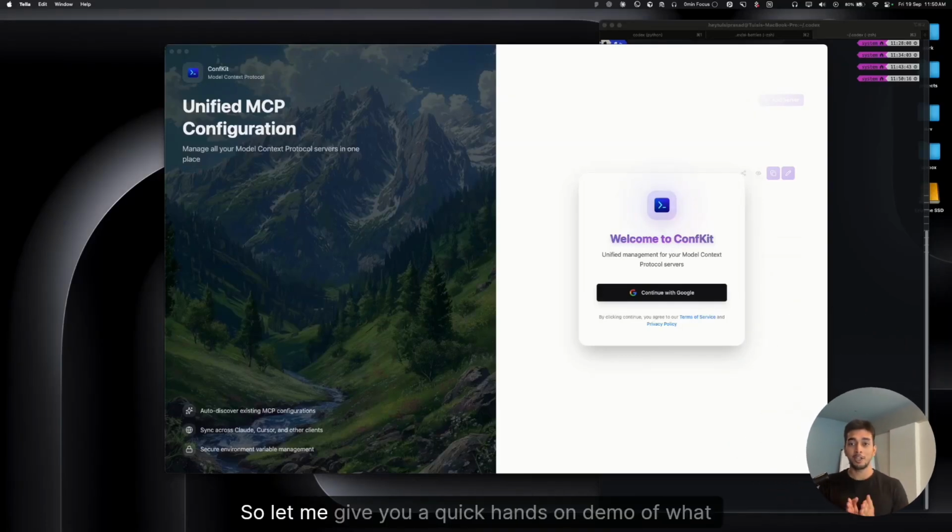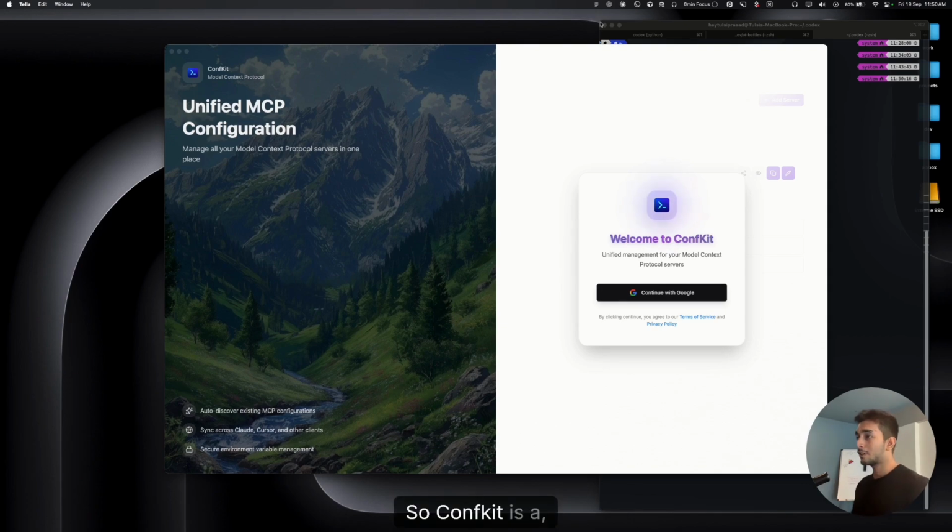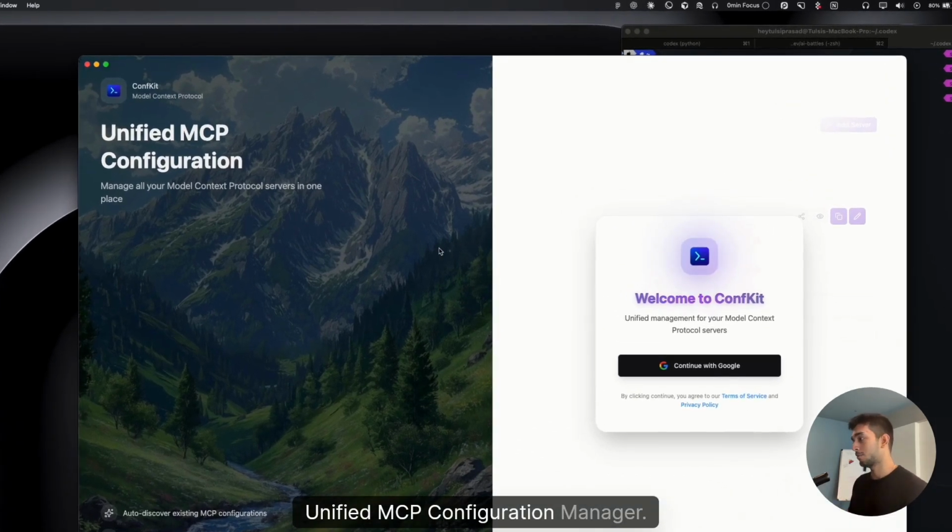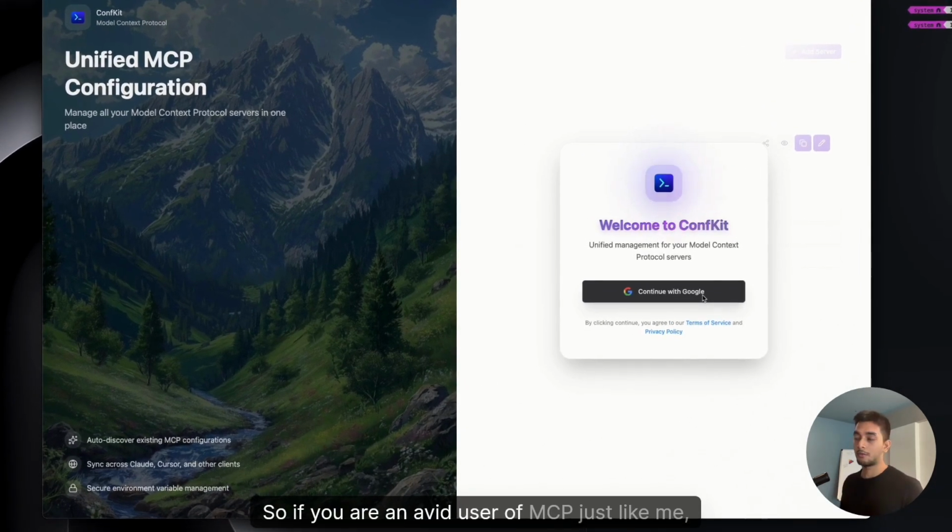Hey there, so let me give you a quick hands-on demo of what ConfKit can do for you today. ConfKit is a unified MCP configuration manager. If you are an avid user of MCP just like me, then this is exactly what you are missing